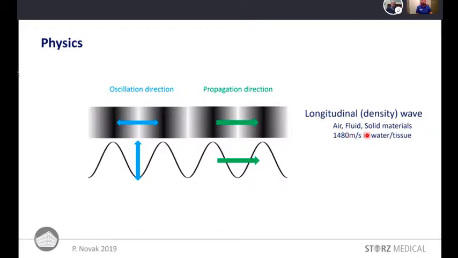But later on, you will see that in combination with radial or shock or pressure waves, these also have a component where the particles are oscillating perpendicular to the propagation direction. And these are transversal or shear waves. And they propagate only in elastic or solid materials, and thus also in the tissue.